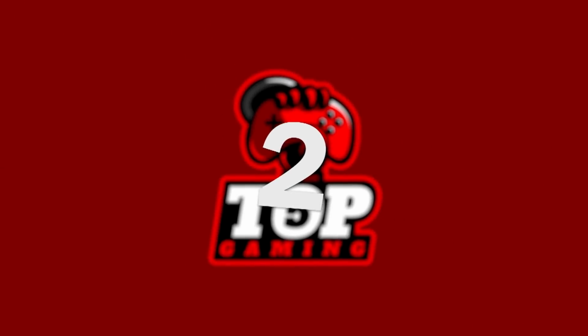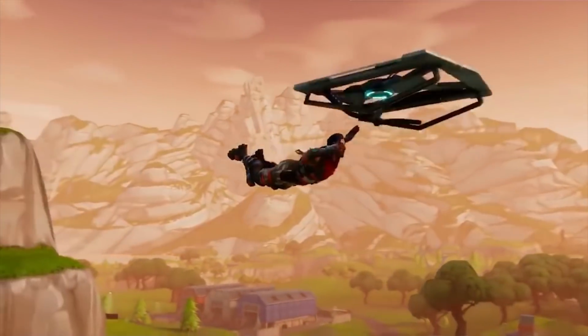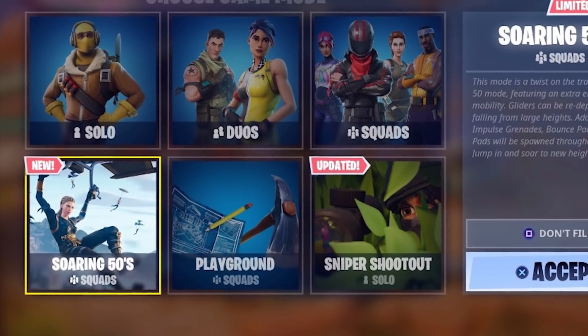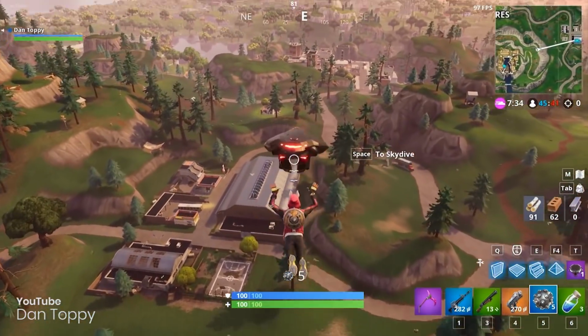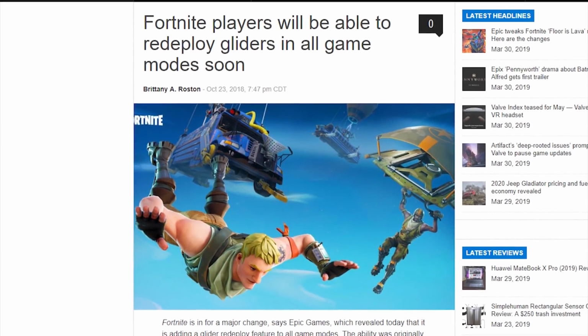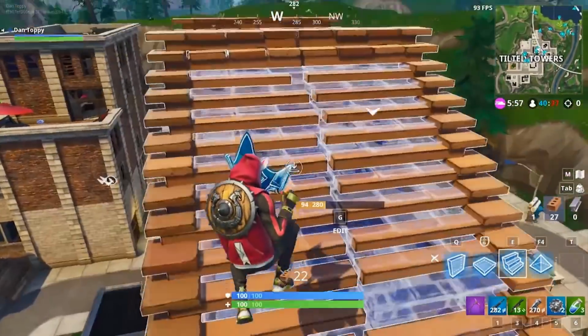And in at number 2, we've got the glider redeploys added to all modes. Before it was an item that you could pick up, redeployable gliders were actually a regular old feature. Originally only available in a Soaring 50s LTM, you could redeploy your glider at literally any high point you wanted, and as many times as you wanted. However, one update to the game took glider redeploy out of the LTM and threw it into default playlists out of nowhere. Epic thought that the good response to the mechanic meant that